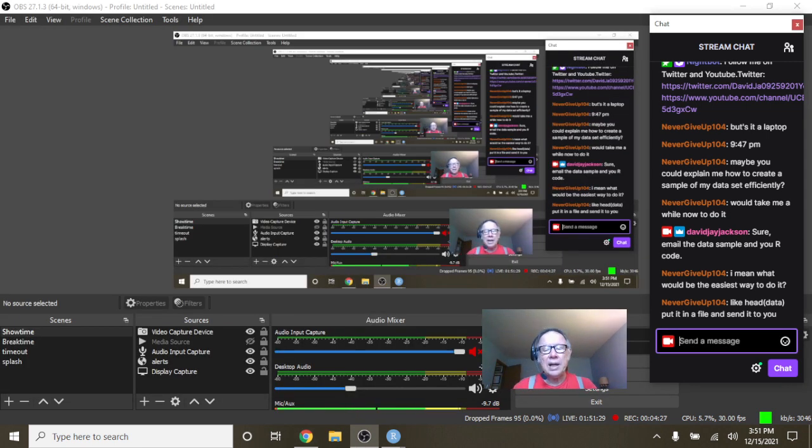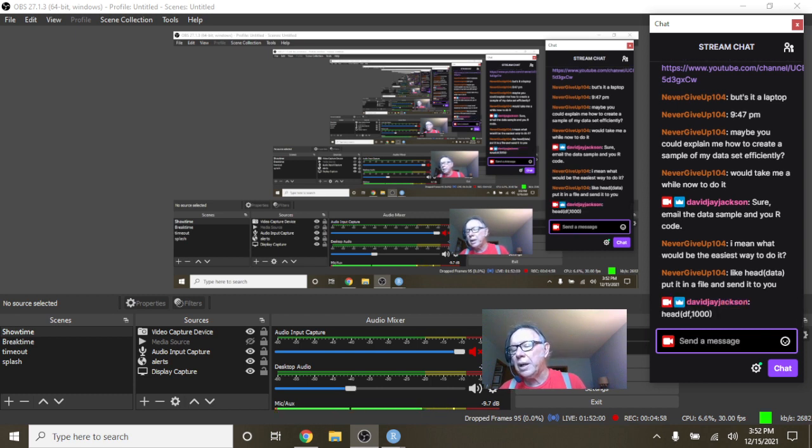Remember, in head, you can do a number. Data frame and the number of rows you want to export. If I could type. Okay. So if you want to create a file of the first 1,000 rows of data, you could do something like that. Then if you wanted to create a file with it, you could use the